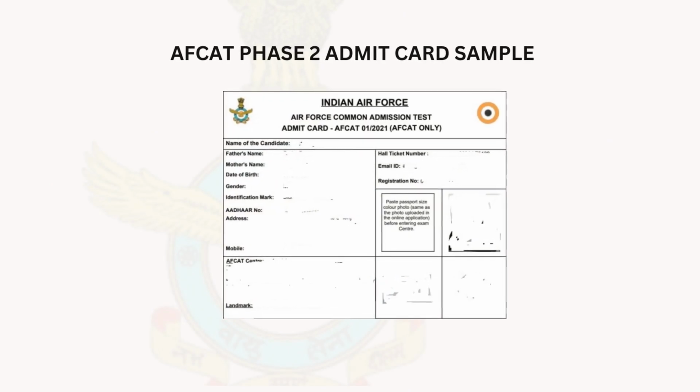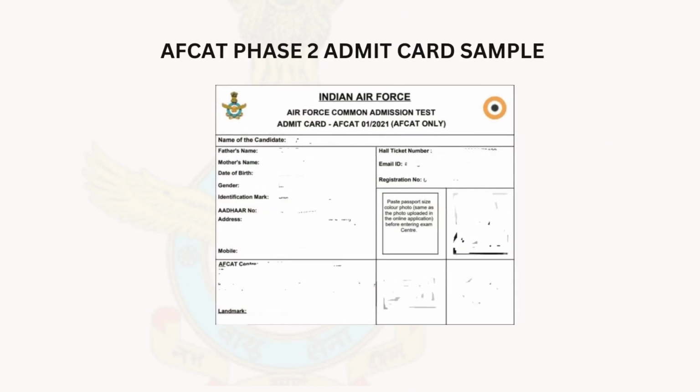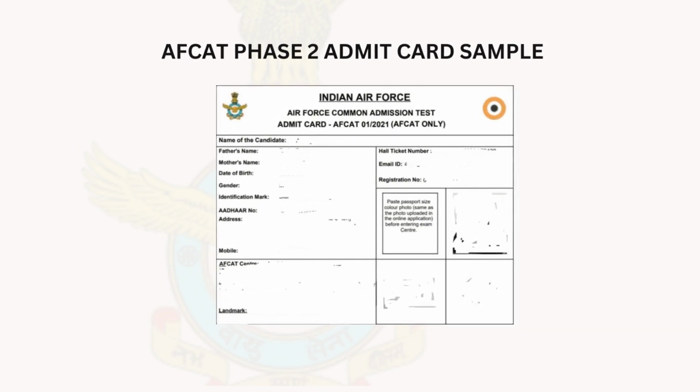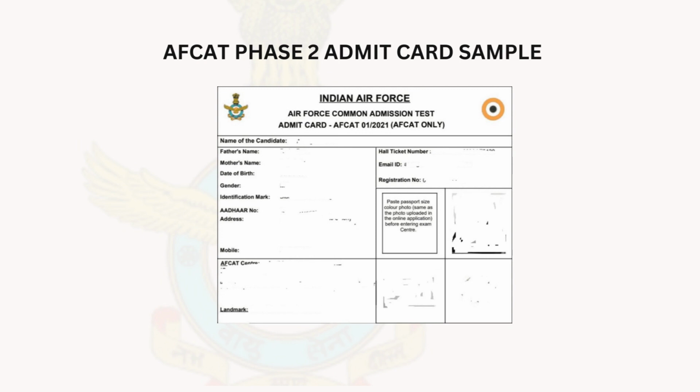The details mentioned on the AFCAT Admit Card 2023 are as follows. Name of the candidate, date of birth, gender, Aadhaar card number, email ID, mobile number, exam center address, time of the exam,